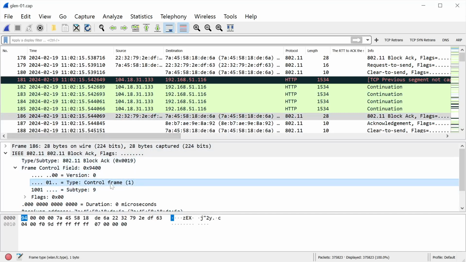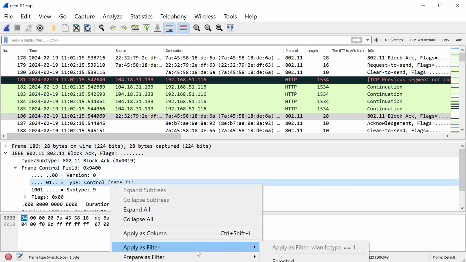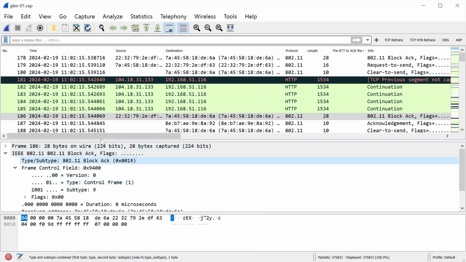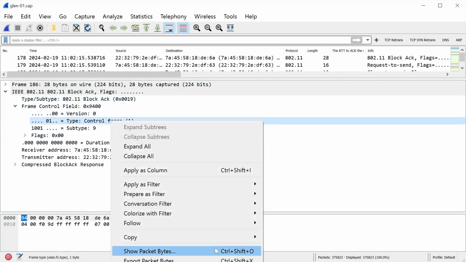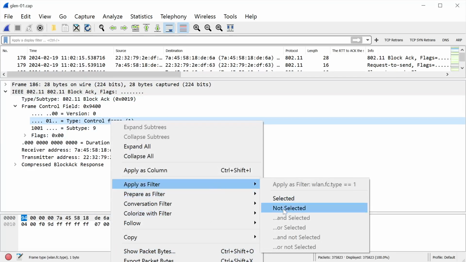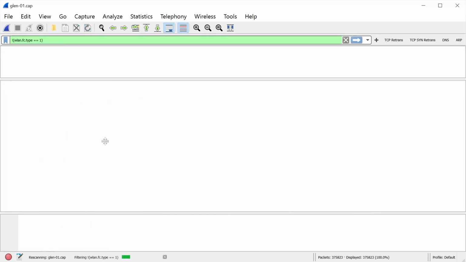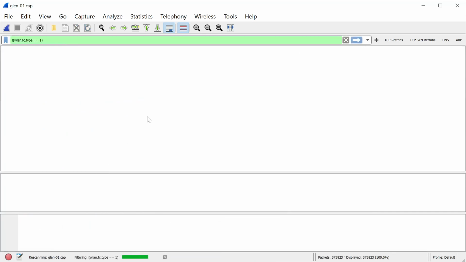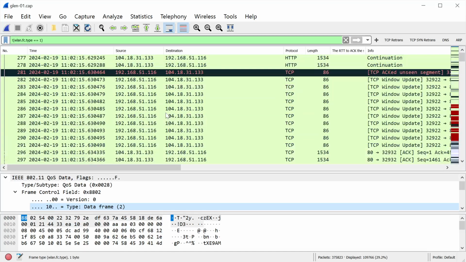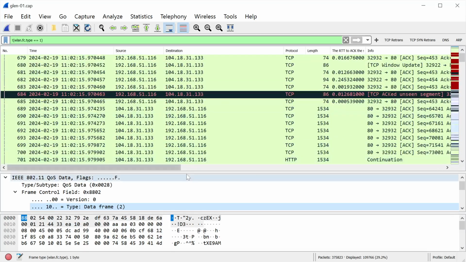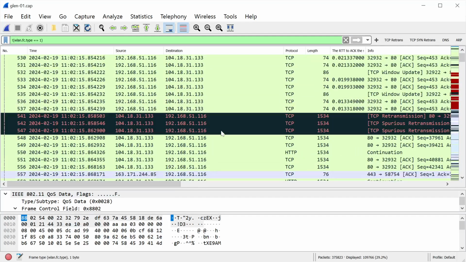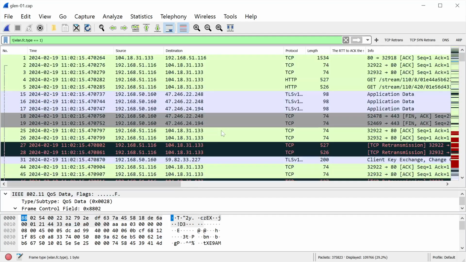Frame type control frame. Let's see if we can apply that. So let's apply as a filter. You can't really see this, let me move it up. Right click, apply as a filter, not selected. And that seemed to work. Okay, so now I only have the actual data packets that are being exchanged by all the hosts on the